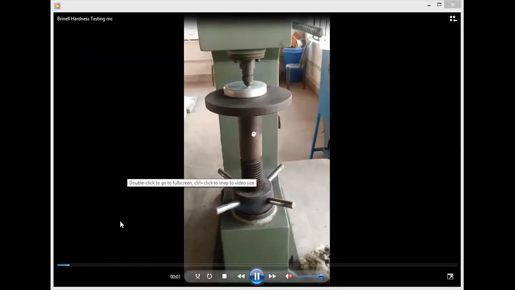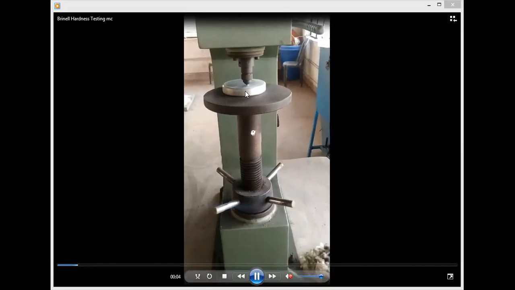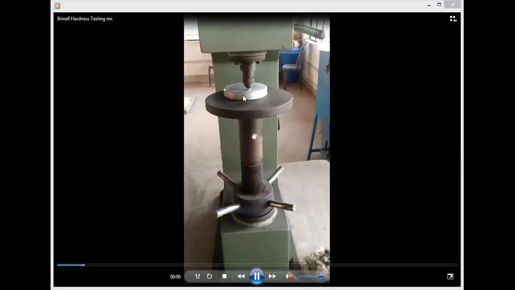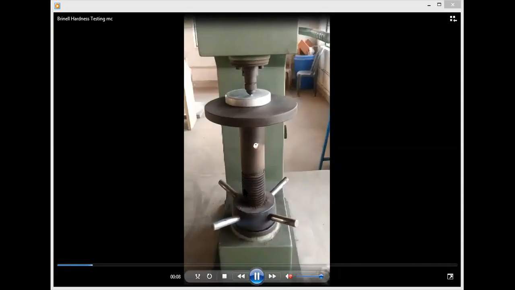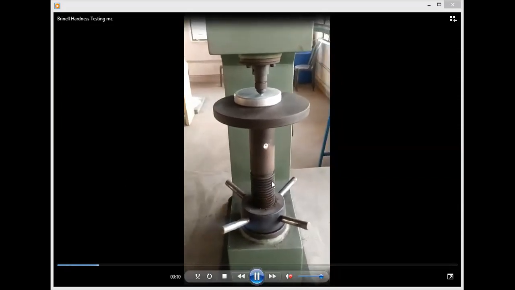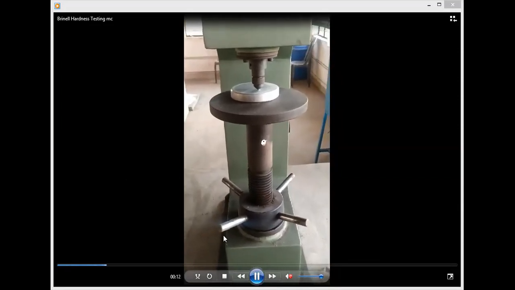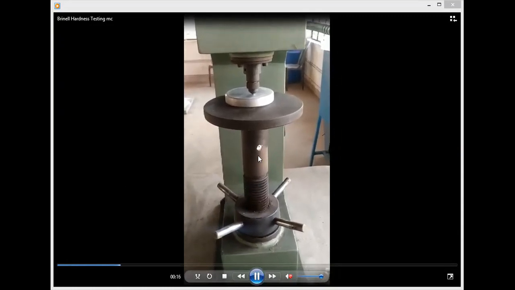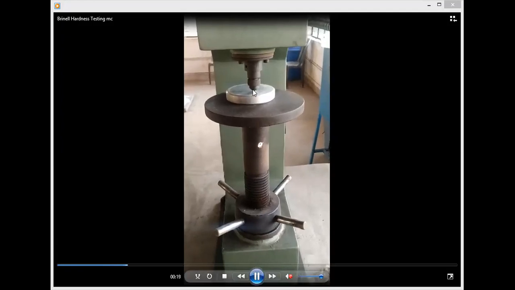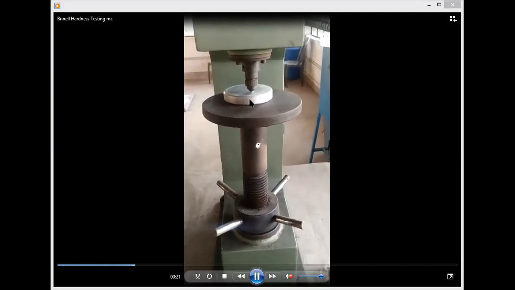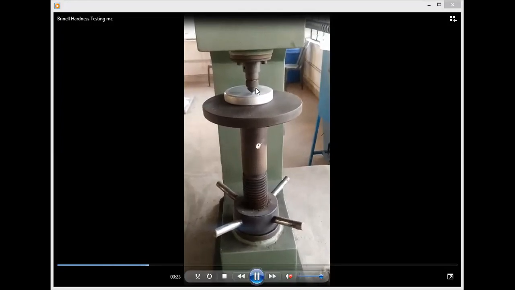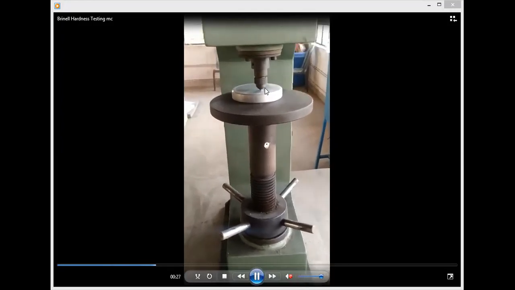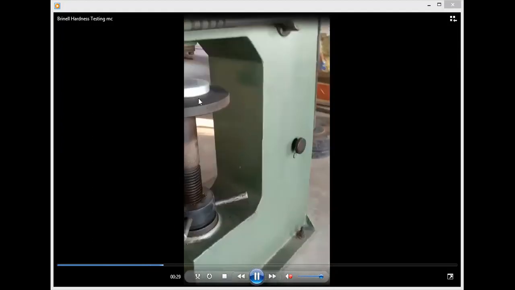Here is the process. We have placed the aluminum workpiece over the table. By rotating the handle anti-clockwise it will go up, and if we move the handle clockwise the platform goes down. We have moved up the platform so that the indenter fixed here just touches this aluminum block itself. This is the indenter after fixing. This is the workpiece, and this is the aluminum platform itself.